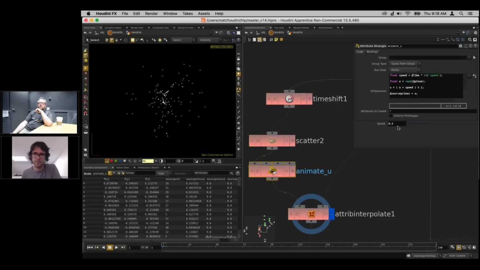0.3 of a second. Then I'm generating a random number between 0 and 1 based upon the point number. So they'll just get a new random number. Then I take that random number, which is going to be fixed and static, and I'm adding time to it. So now all these things will have a value between 0 and 1, and they'll be scattered in a random plot, and they'll all now just be shifting constantly with time. But each time they get to 1, they'll reset back to 0 and keep adding. But because I've got this random offset that they start with, they'll all be in this sort of scattered plot